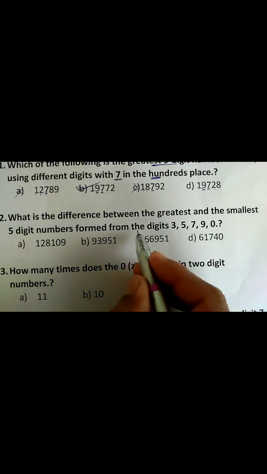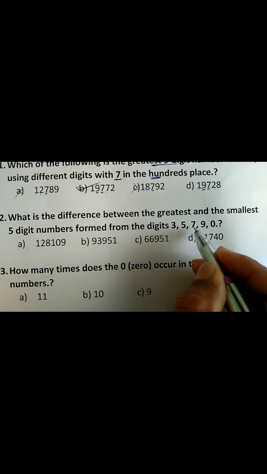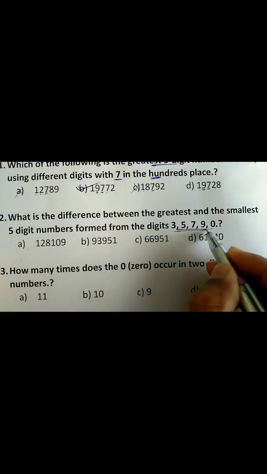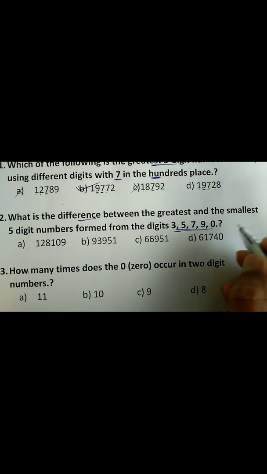Okay, so we have to go for the next question, that is: what is the difference between the greatest and the smallest 5-digit numbers formed from the digits? Now we can see here that smallest और greatest number जो इससे बन के निकलता है इन digits से, उसका difference find out करना है, यानी subtract करना है आपको. That we can make the smallest and greatest number, we have to make at first the greatest, that is 9 7 5 3 0, and the smallest number we have to make 3 0 5 7 and 9. So we have to subtract, find out the difference.